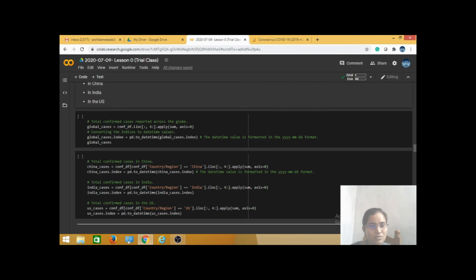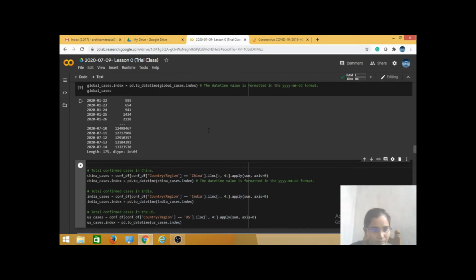Here I can use iloc. iloc means we are able to find the location, here applying axis equal to 0. After that I give the date and time for particular things. Here I am executing this. I see which date it was announced and how many people are affected, and till date how many people are affected. All those things are available here.